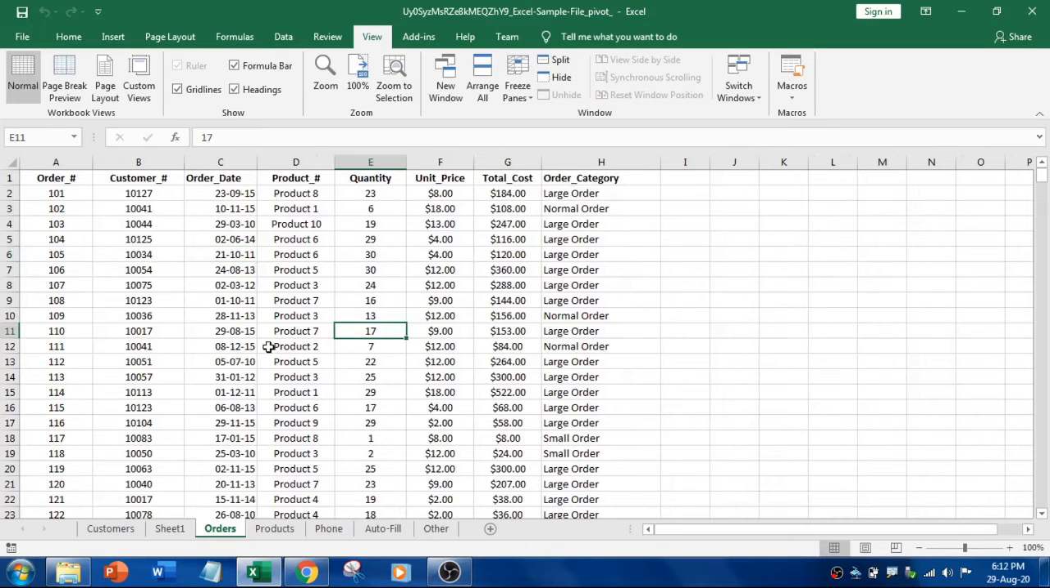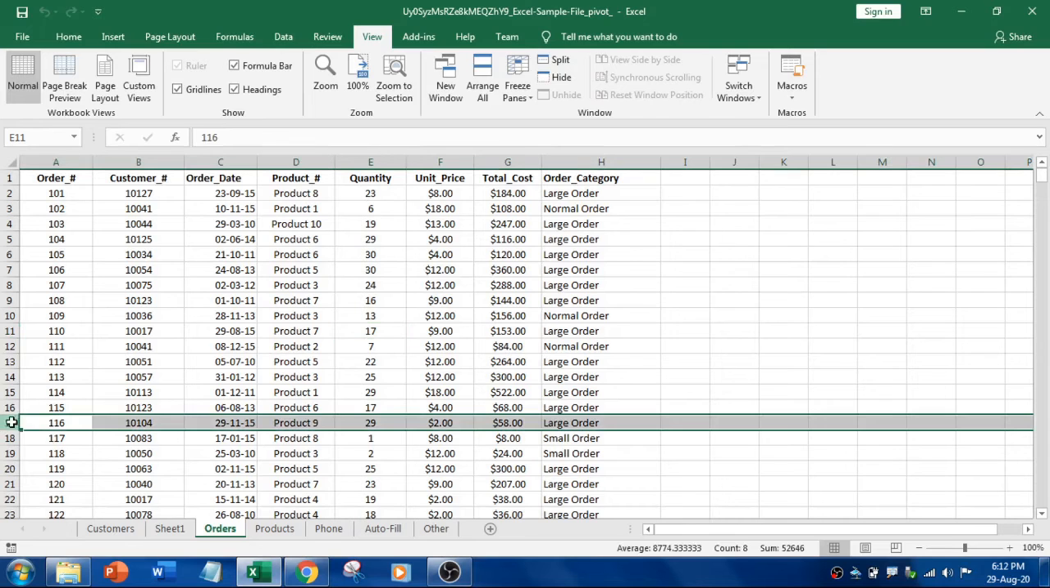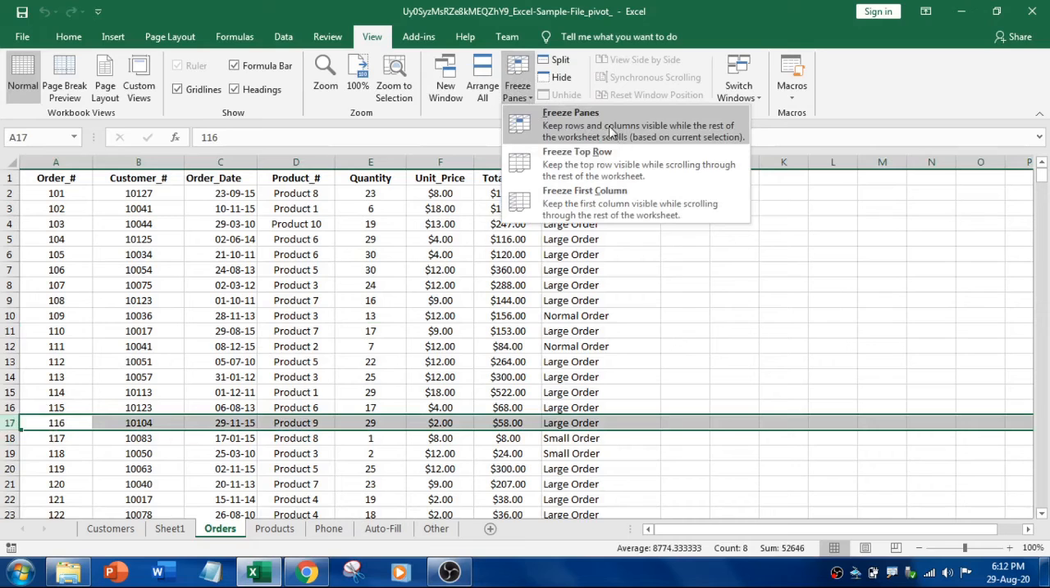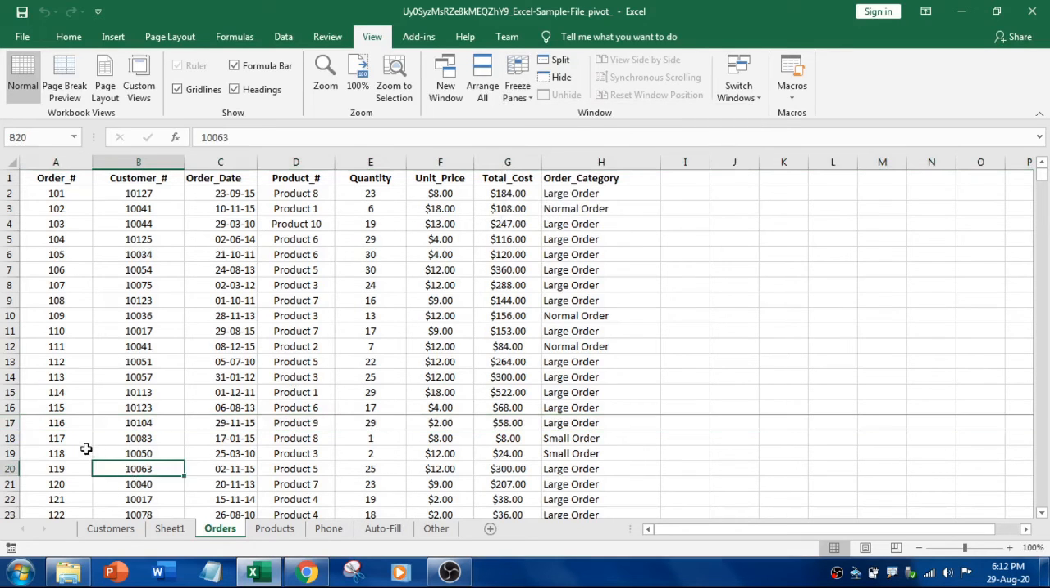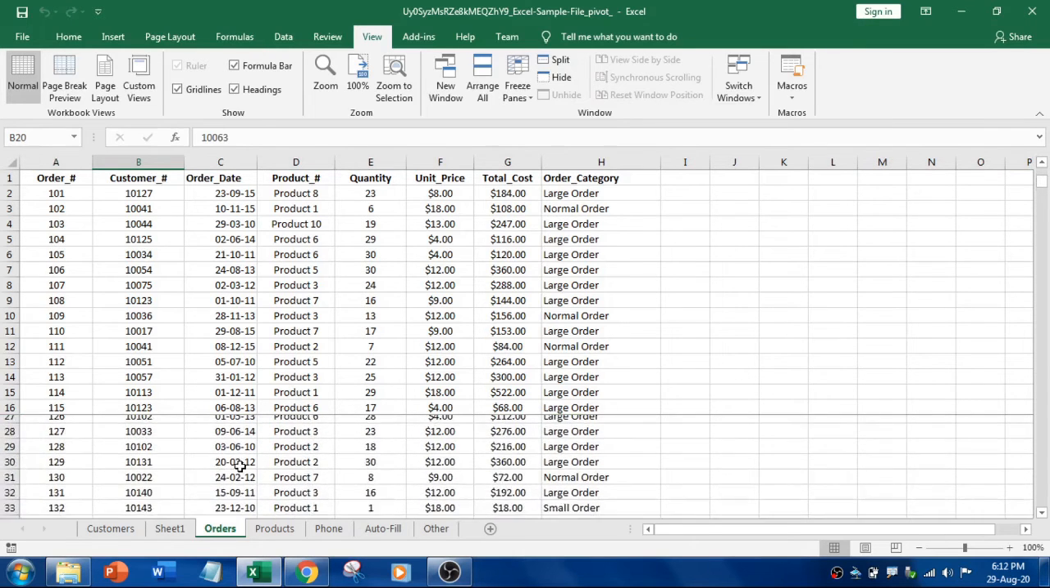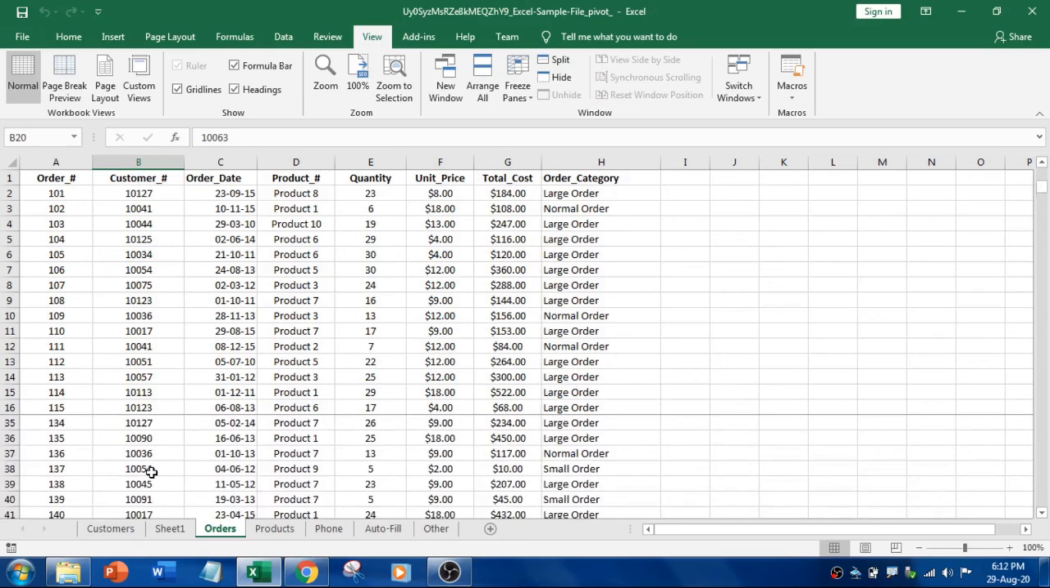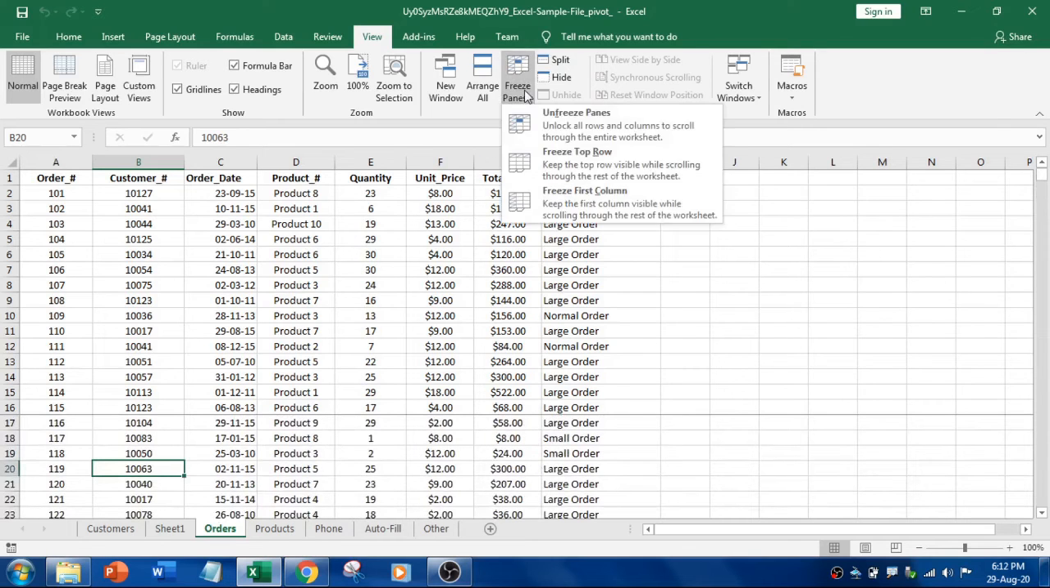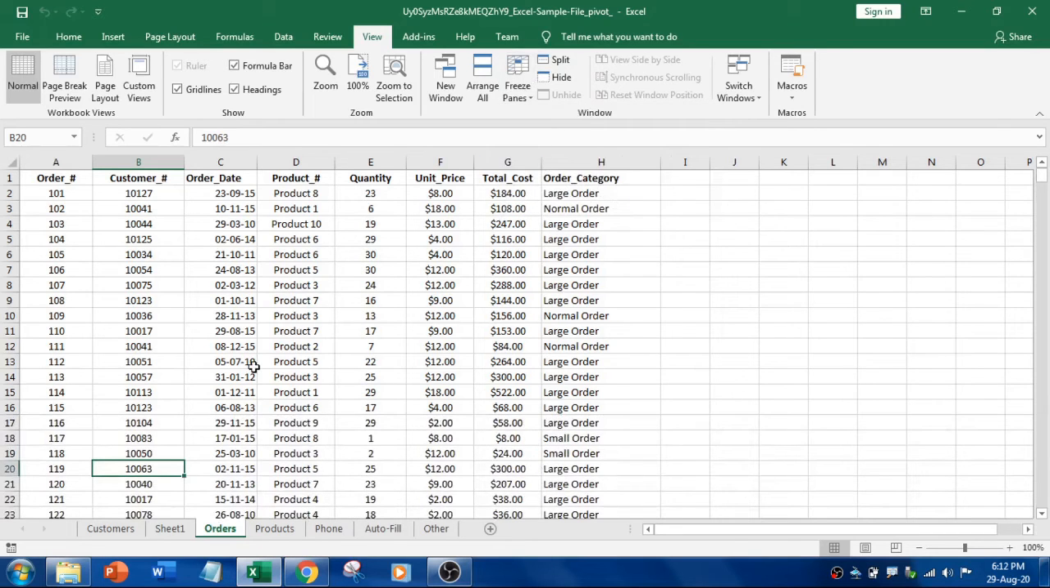So what if I want to freeze the first 15 rows? So click here and go to Freeze Panes. It is not about row or column. And now if I scroll down, you see that the first 15 rows got frozen, and I can scroll down these things. Alright, so now you might be having a question, what if I want to freeze both row